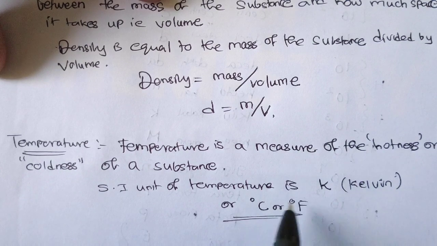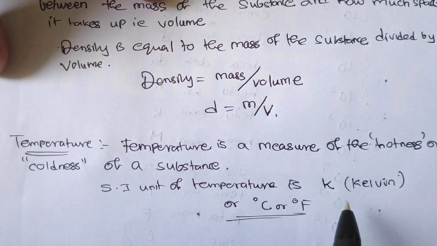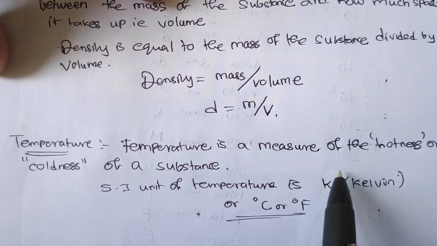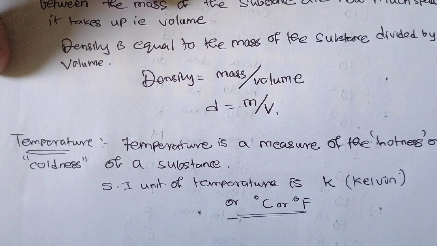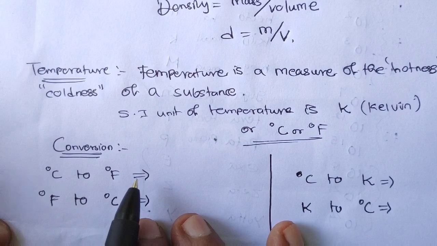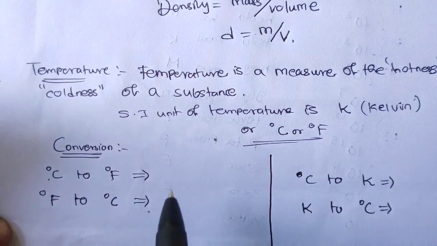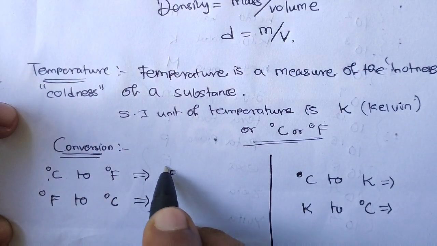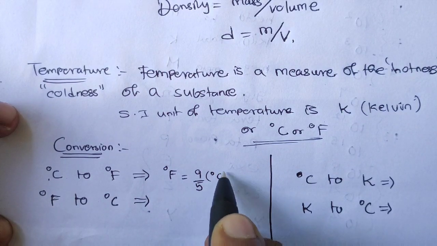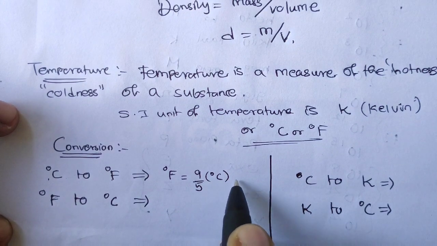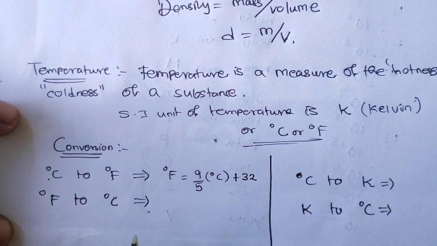Understood? There are several scales to measure this. Now regarding this we will discuss the conversion, that is how to convert Kelvin into Celsius, Celsius to Kelvin, and also Fahrenheit to Kelvin or Celsius scale. For that, one formula is there that we will see through your textbook. Now conversion of degree Celsius to Fahrenheit, we have the formula. Fahrenheit is equal to 9 by 5, whatever degree Celsius is given, that value you can write here, plus 32, right?